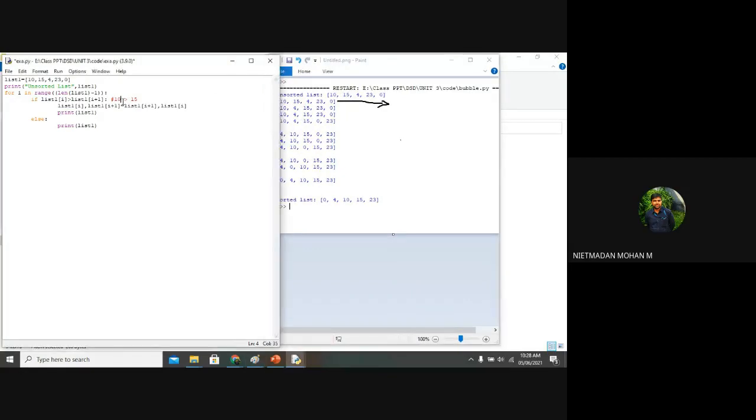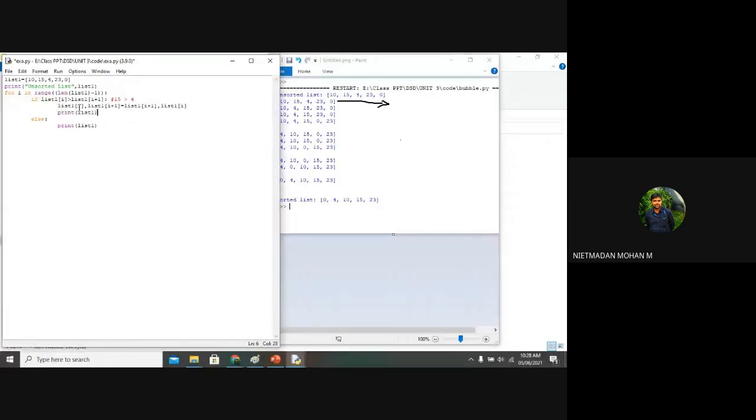Yes, list1[1] is 15, and it is compared with the value of list1[2], which is 4. Is the condition true or false? True. Then what will happen if the if condition is true? The remaining part will be executed.